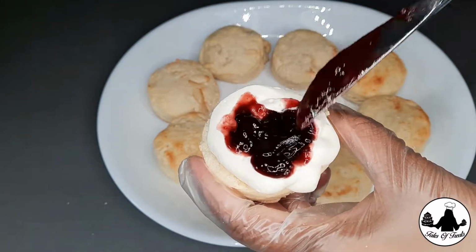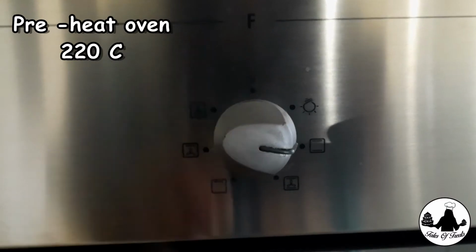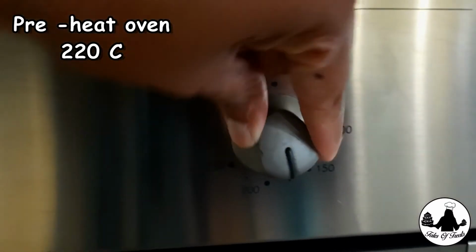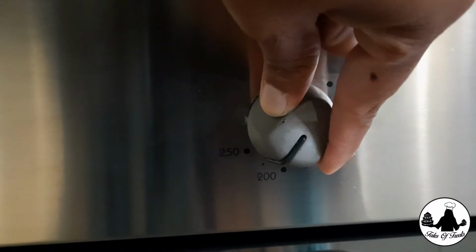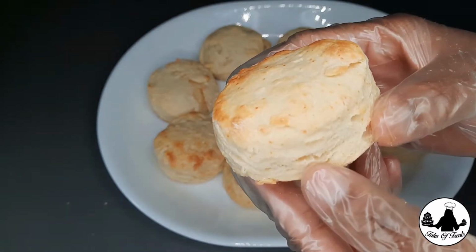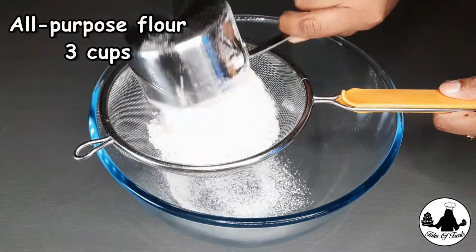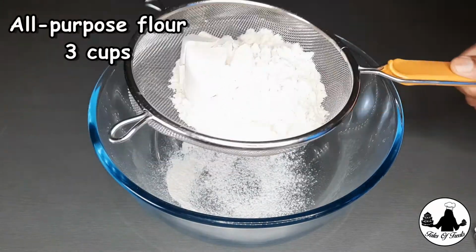So let's start making. I'm gonna start by preheating my oven to 220 degrees. It is very important to preheat your oven to a high temperature to give the scones that immediate burst, which will create lighter scones. Now into the bowl, sieve 3 cups of all-purpose flour,